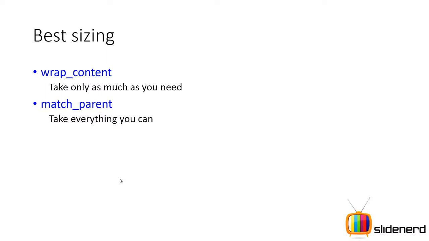One of them is called wrap content, the other is called match parent. Now your wrap content is like this guy who says, I will only take as much as I need, I don't need anything extra. He's a very generous guy, you can say. Not greedy at all. But your match parent is a very greedy one. He's gonna say, oh, I need everything on the screen, I need everything, and I mean everything. So let me go ahead and show you exactly what wrap content and match parent are.